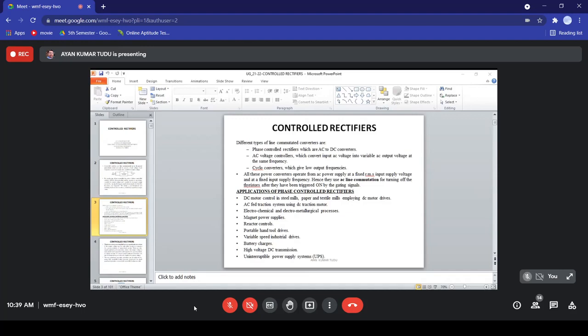Very much important, because many problems can be given on these controlled rectifiers through this portion. Again, when you're talking about machine specialization, we will often be talking about these variable speed industrial drives in detail. Then we have battery chargers, and the HVDC transmission system. I think you'll be talking about it in your power system planning and design classes. Okay, high voltage DC transmission. Then we have the uninterruptible power supply, that is, our UPS systems which we use nowadays.